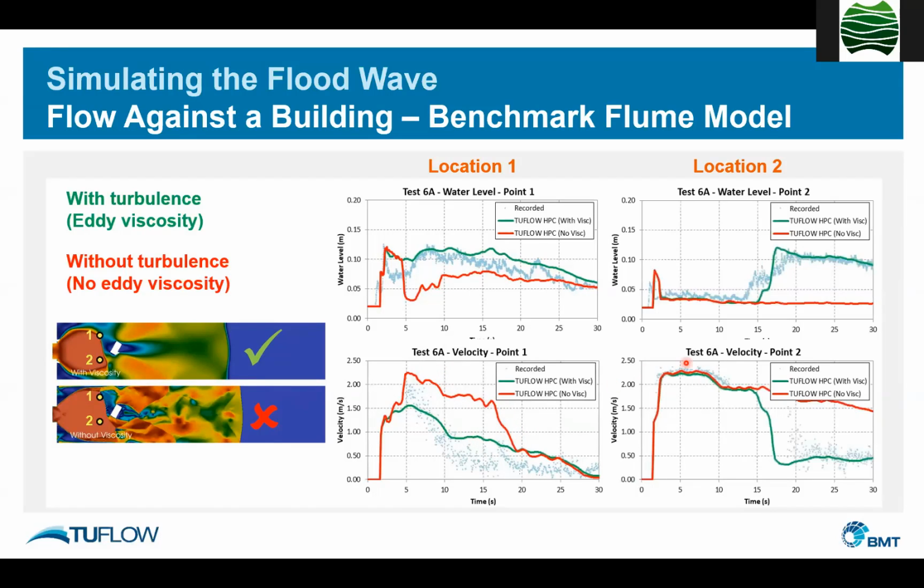If you move to location 2, it's a bit more pronounced. So basically, at location 2, the hydraulic jump never passed through in the case with no eddy viscosity. This has just remained in supercritical flow the whole way through. So this is the water level without viscosity. Whereas the case with viscosity picks up that jump reasonably nicely and certainly follows the measurements nicely through the back end here. And same with the velocity at location 2. Obviously a lot of variation because it's incredibly turbulent, complex flow. But you just need that little bit of eddy viscosity to make the numerical model reproduce what was measured in this flume test.